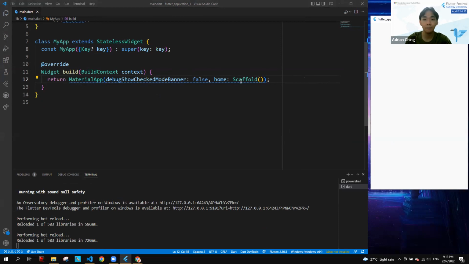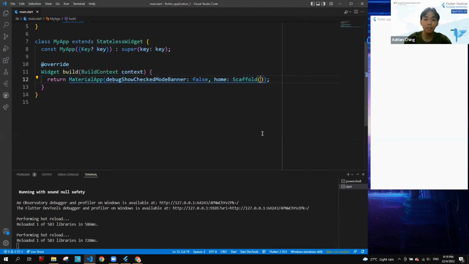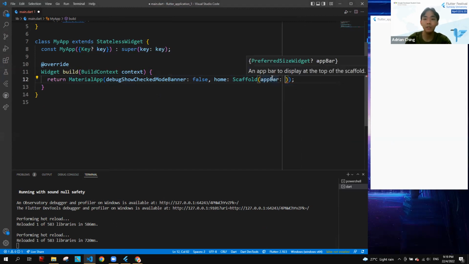Okay, moving on. In the Scaffold, we have a lot of different parameters, right? One of them being appBar. So let's pass in an appBar parameter with a widget. Now this widget doesn't actually exist, it's just an abstract class.